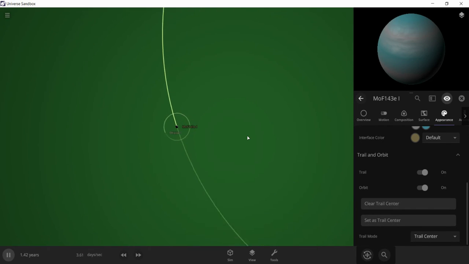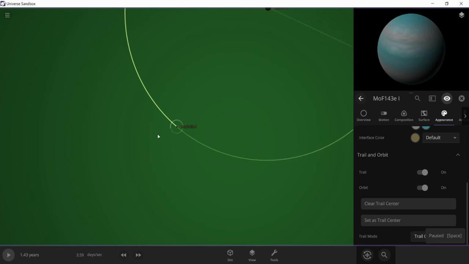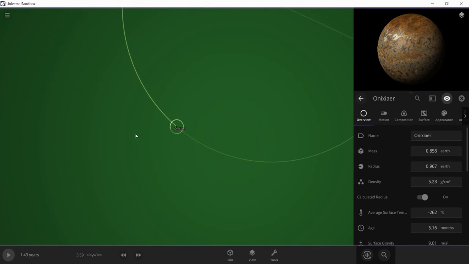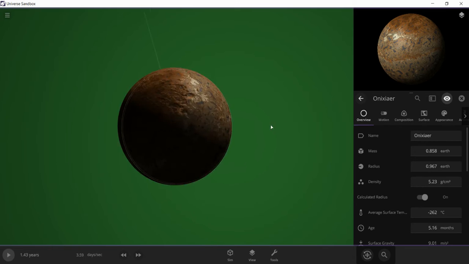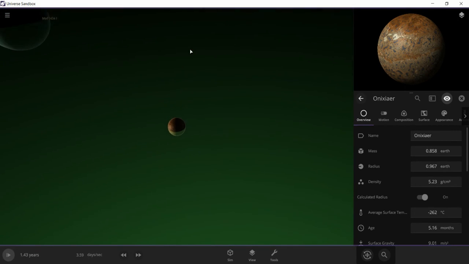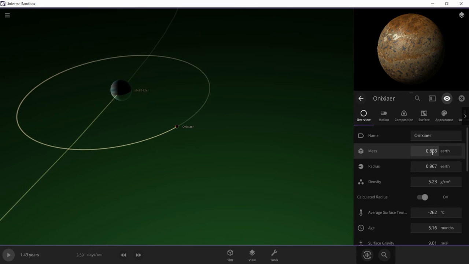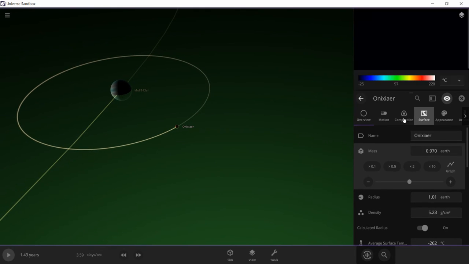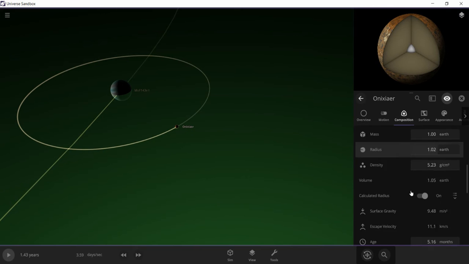Yeah, I'm just going to call that stable. So by the looks of it, this moon is on a relatively stable orbit. So I'm just going